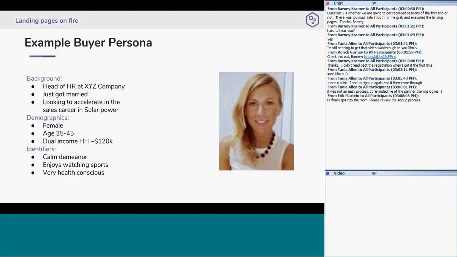So what I want to do is jump into buyer persona, of how you identify a buyer and how you want to hone down into the right customer that you want to sell to, right? And what this also does is allows us to craft a better marketing message to the right person. One of the examples that I always give to my customers is, if you were to